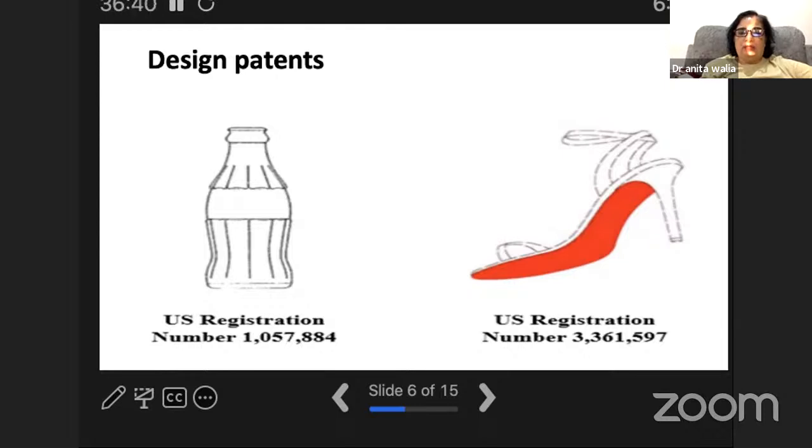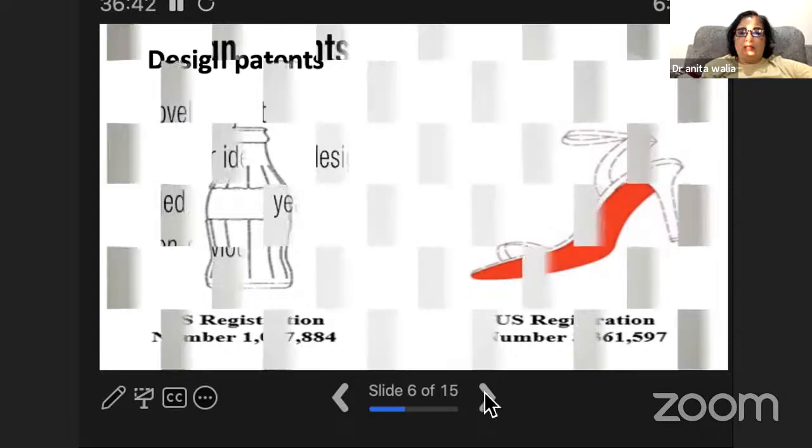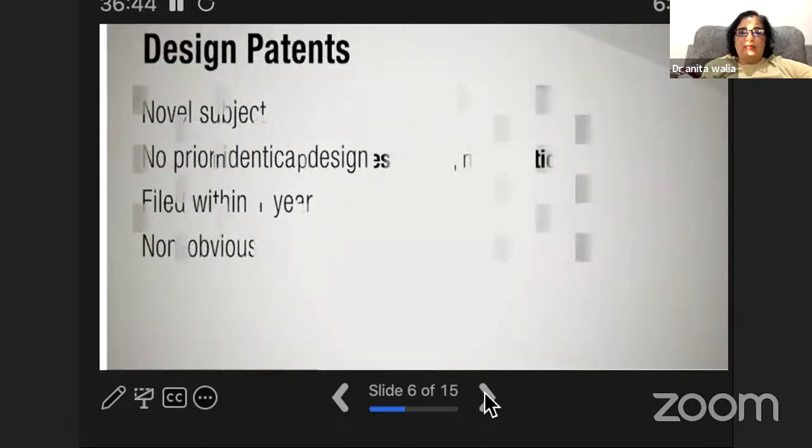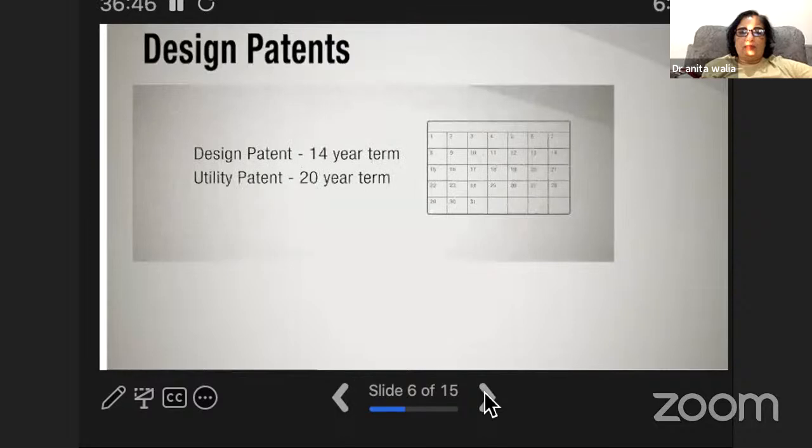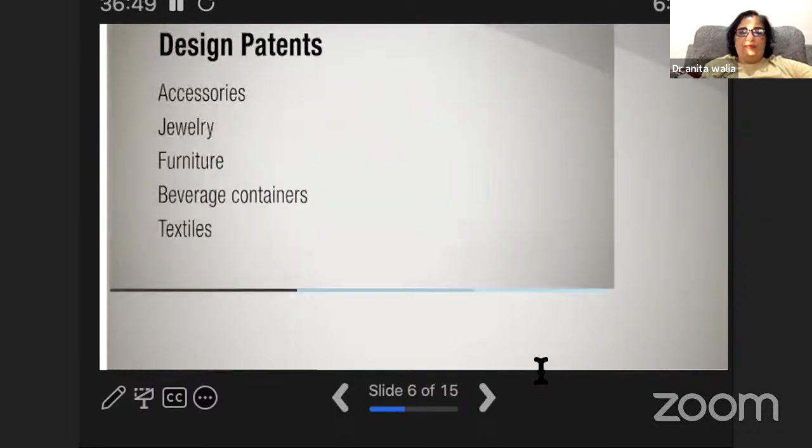Many things can be patented as designs, including clothing accessories, jewelry, furniture, beverage containers and textile patterns. It will just protect the design aspect, which is non-functional, unlike in utility.